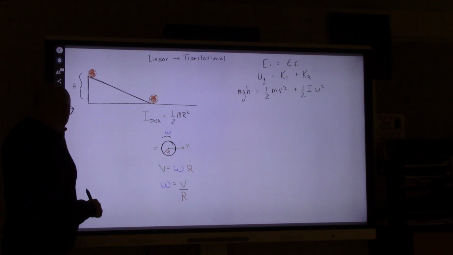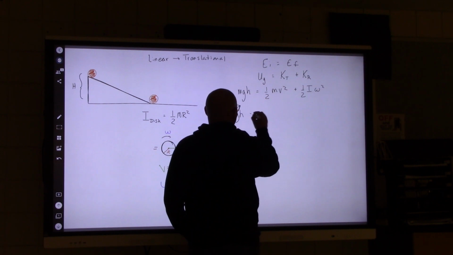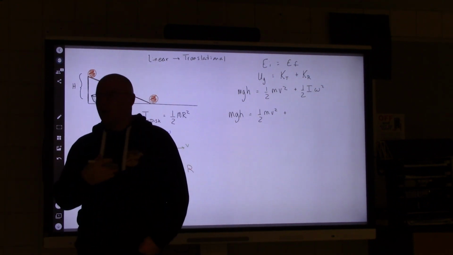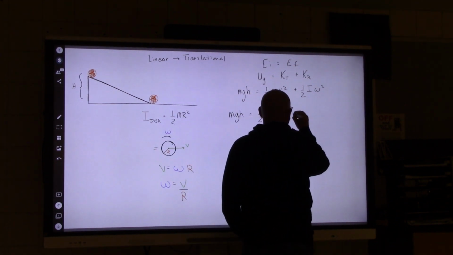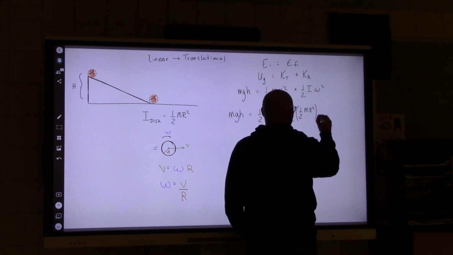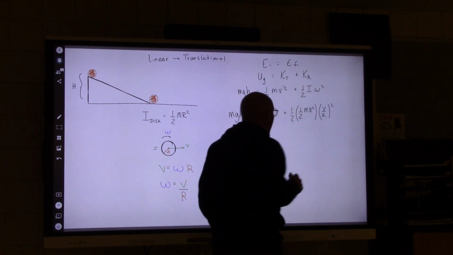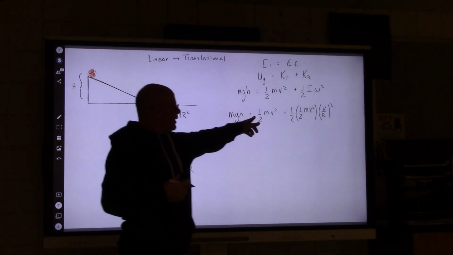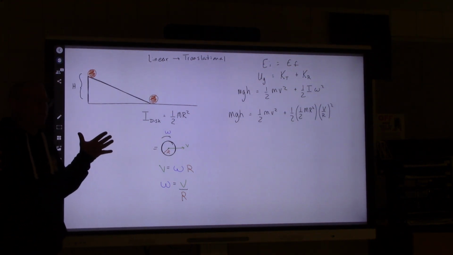I actually think the result of this is really interesting. So I have those first two terms, and now I'm going to plug in for these second two terms. So I is 1/2 mr squared, and omega is v over r, but this whole thing is squared. Now, what I like about this is if you look at the terms now, what do you notice about this second term and this whole last term? They're like terms now. How interesting is this?